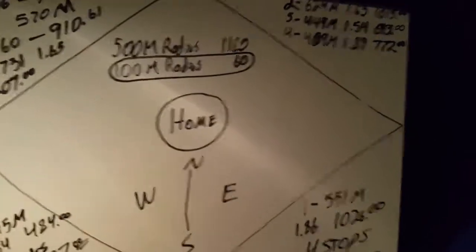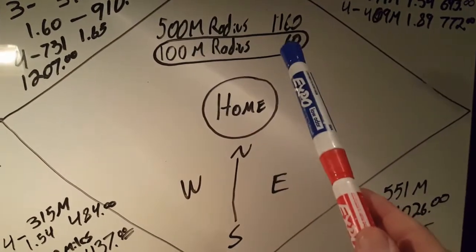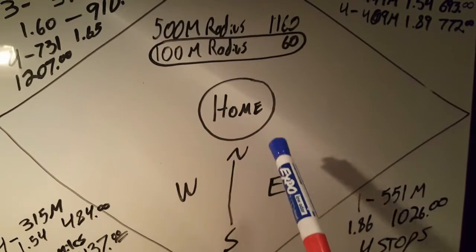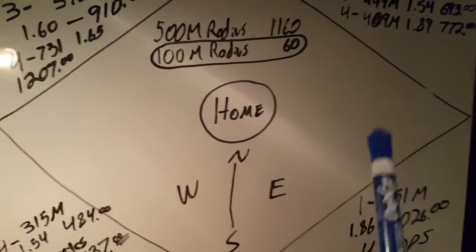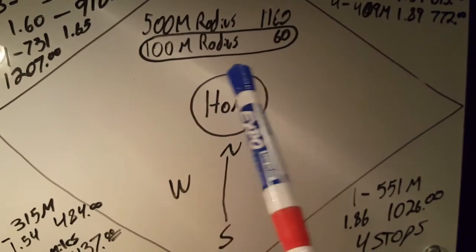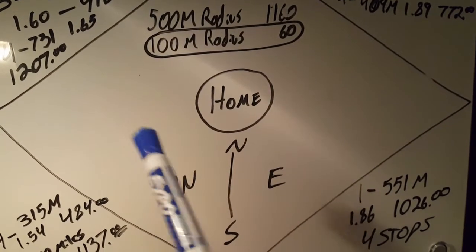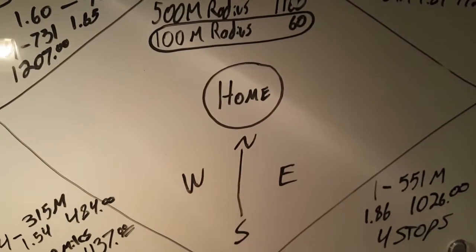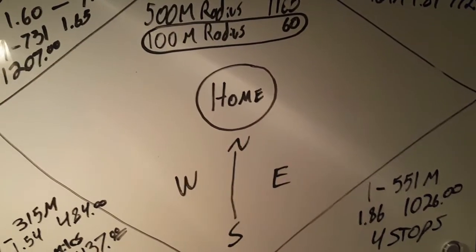Now, the load board I was looking at showed 1,160 loads in a 500-mile radius coming to my home area. That's a little bit much to cipher through. So I shortened the radius to 100 miles, and it showed me 60 loads that are delivering to my home area within 100 miles. You want to get it as close to your home as possible,